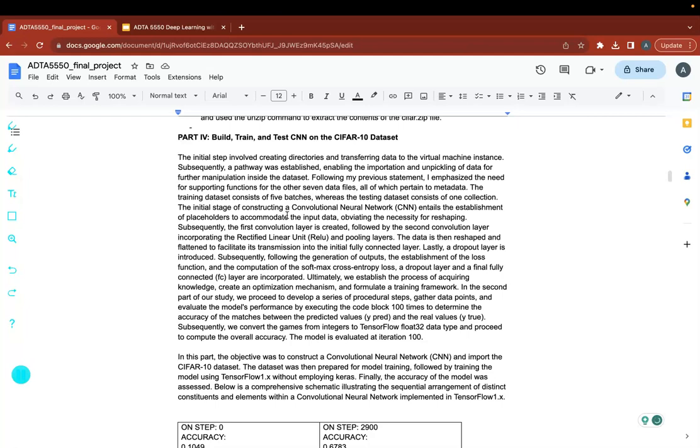The initial stage of constructing a convolutional neural network entails the establishment of placeholders to accommodate input data. Obtaining the necessity for reshaping, subsequently the first convolutional layer is created, followed by the second convolutional layer incorporating the rectified linear unit and pooling layers. The data is then reshaped and flattened to facilitate the transmission into the initially fully connected layer. Lastly, a dropout layer is